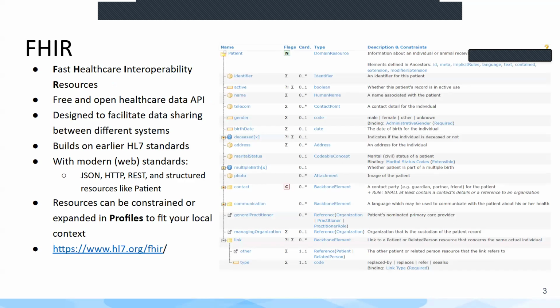So just one slide on what FHIR actually is. FHIR stands for Fast Healthcare Interoperability Resources, and it's these resources that are really the point of FHIR. I think there are over 150 resources now in the current spec, ranging from patient to observations to encounters, and questionnaire to capture questions in a form, and so on. It's a free and open healthcare data API, designed to facilitate data sharing between different systems, and it builds on the experiences from earlier